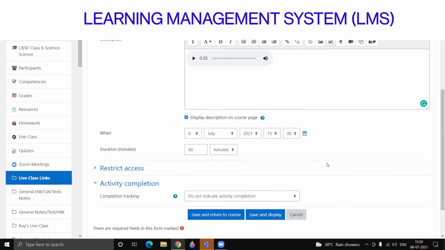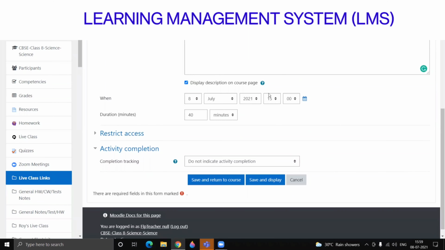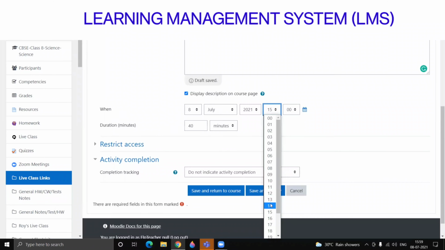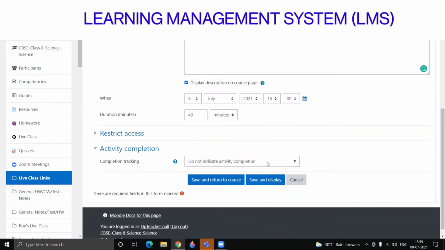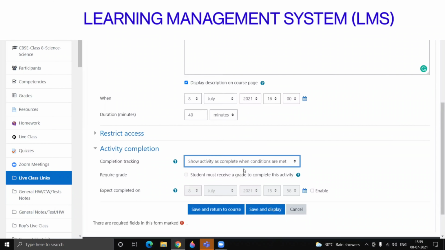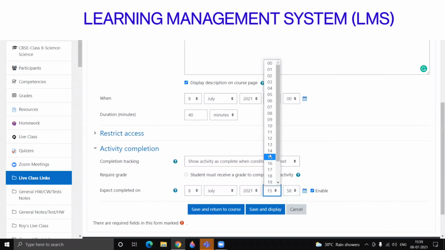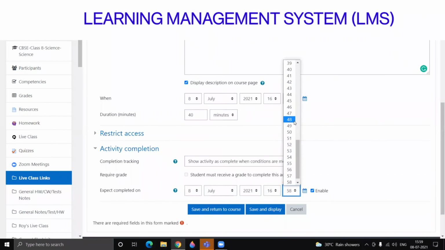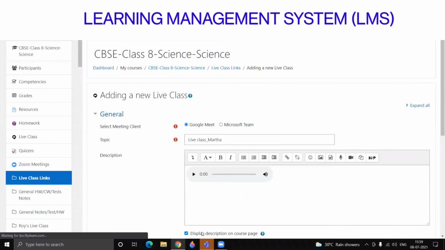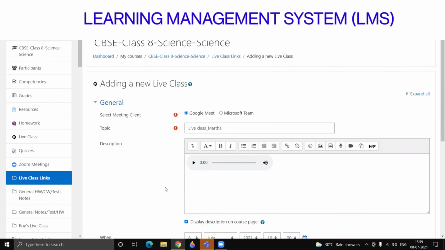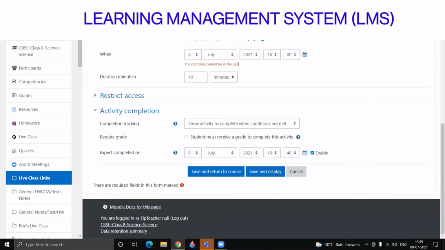And I'll say that this will start at 4 o'clock, and in 40 minutes, that means at 4:40 this class will get over. And save and return to course. Okay, this is showing an instruction because we're just approaching 4 o'clock. So it says the start date cannot be in the past. So I say this as 4 past 5.